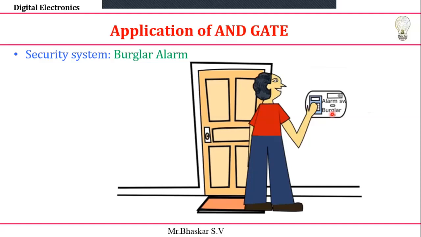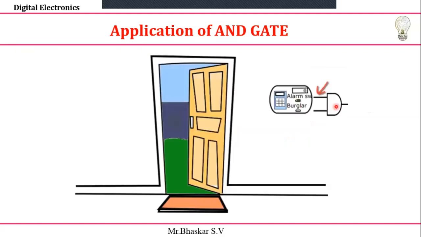I'm going to set that up. The alarm switch needs to be on, so initially I take the alarm switch as on. If a burglar comes into existence, then this switch will be on. Then if both are 1, 1, the alarm is connected to the alarm system and the sound will come out. So let's see that.